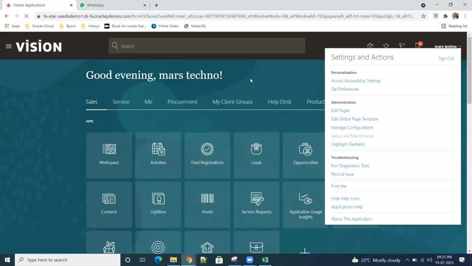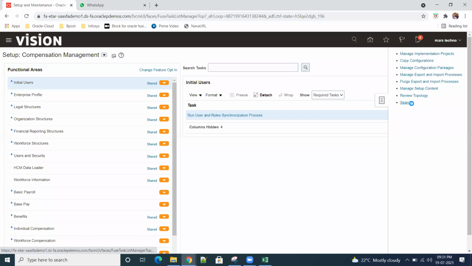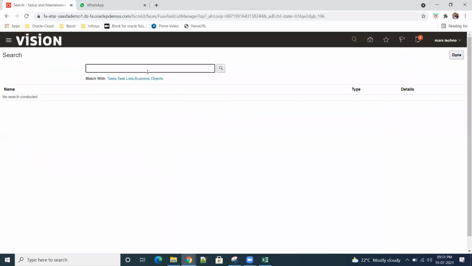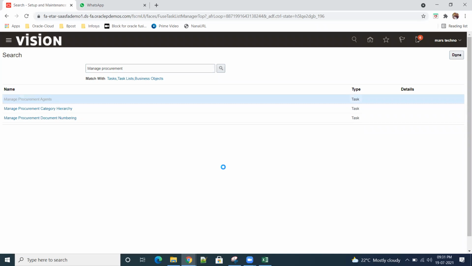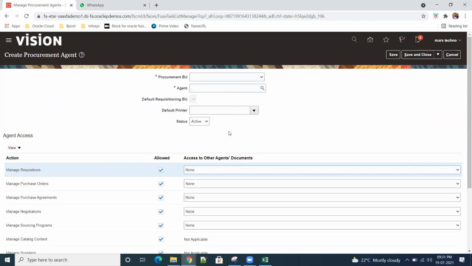But anyway, we'll give that access also. So without procurement agent, we cannot see the in-progress site registration. We cannot see it. Correct, correct.